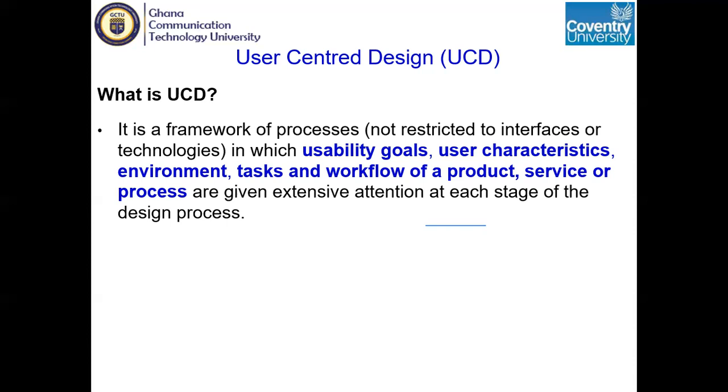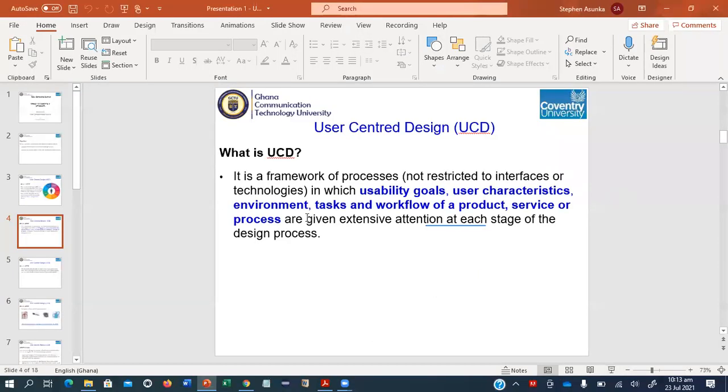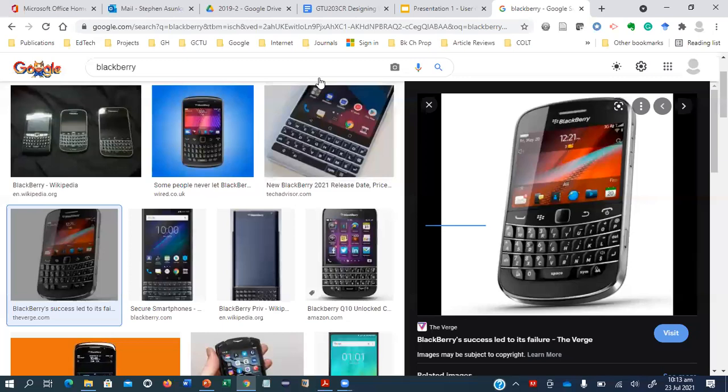So first of all, when we talk about usability goals, what do you want to achieve with your application or your site? Now you can decide that, okay, as for this site, this is what I want. In fact, there's a website. It used to be, I'm sure some of you have even accessed it before. If you go to Craigslist,